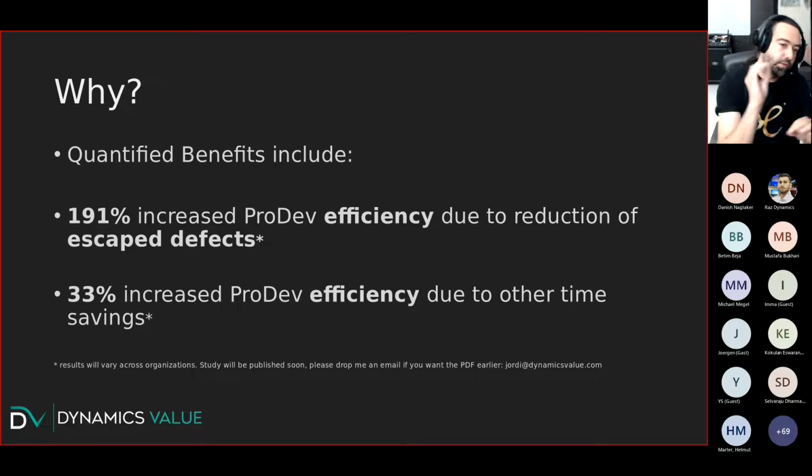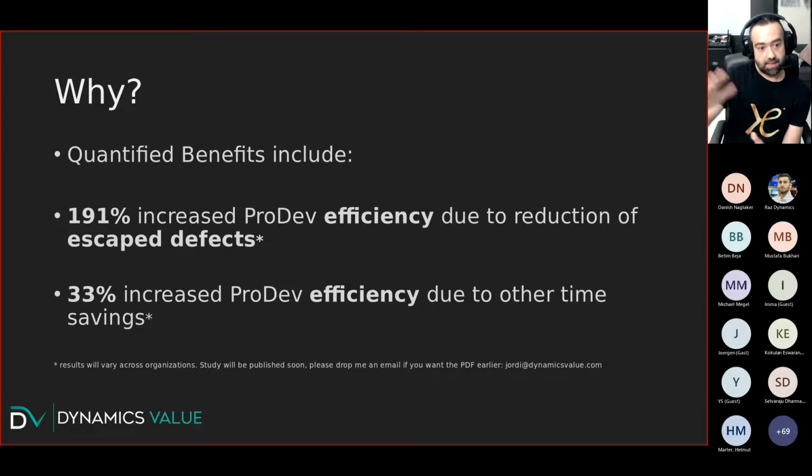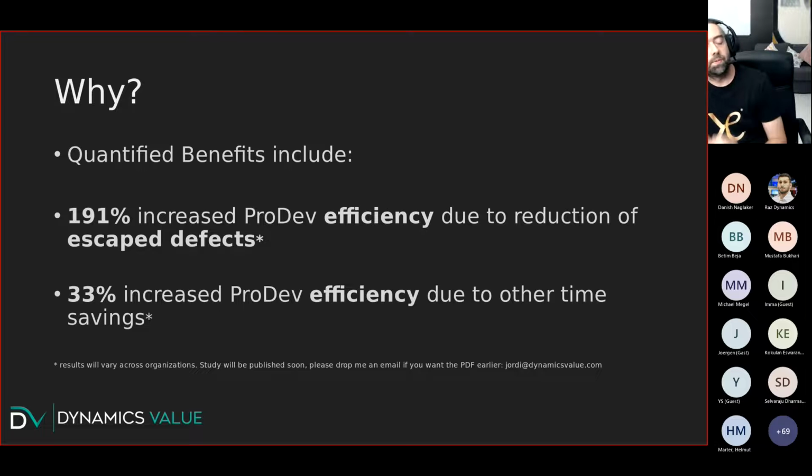Basically those are issues that ended up being deployed to later phases after development. So for example, they were found during the testing phase, or worst case scenario, they were found in production after deployment. So when we compare the responses of people before using FakeXrmEasy and after using it, this was the result. And it's crazy because